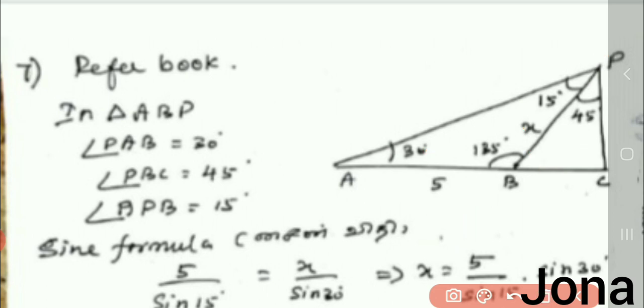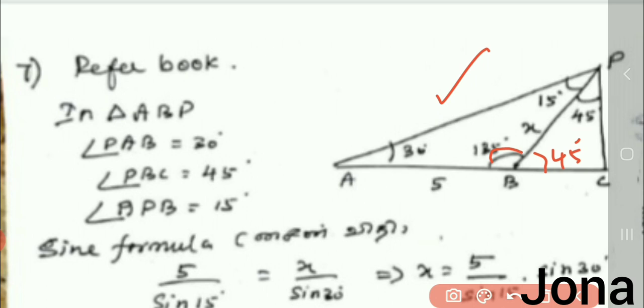Here in this triangle, A and B are the soldiers standing 5 km apart on the same straight road. The angles of elevation of the two soldiers to the intruder are 30 degrees and 45 degrees. From this 45 degrees I can easily find this angle here: 135 degrees. If this is 45 degrees, the adjacent angle is 135 degrees.